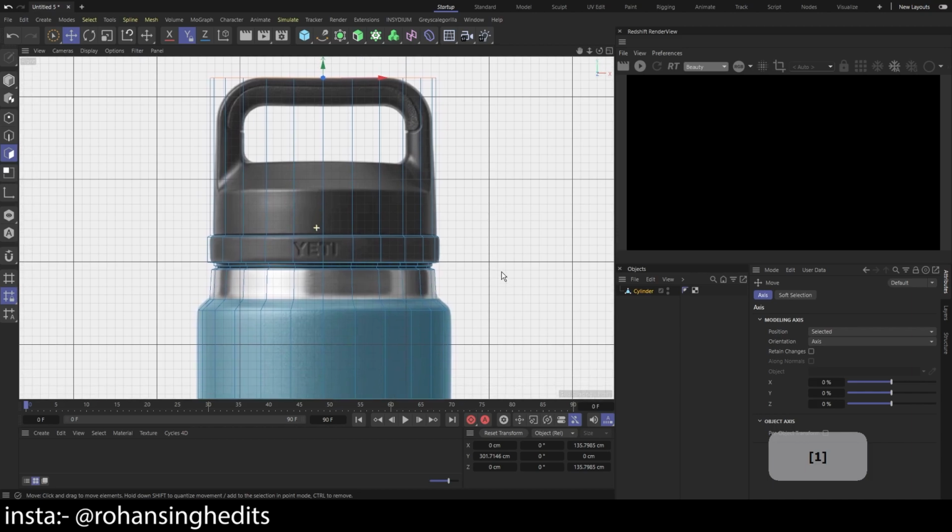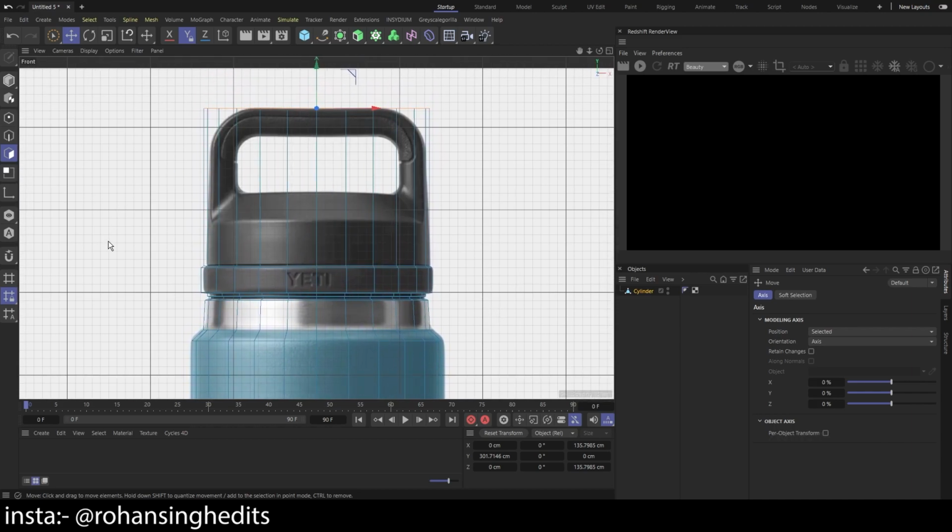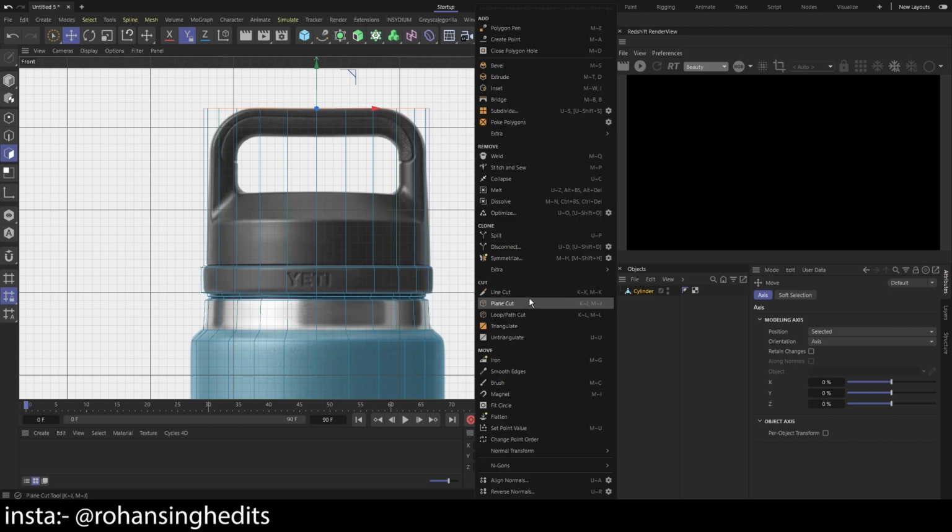Now one thing we have to keep in mind is that we don't have the side angle of this bottle right here. So what we can do is imagine how it should look in real life. Now if you have a bottle, the holder, you imagine how the holder looks. I think this should look like a small rectangle from the top. I'm just thinking because I feel like it should be like that, alright. So there's a little bit of inner extrusion right here, as you see, alright. So when the extrusion is happening at this point, we can create another cut. For doing that, as I said, let's use the loop path cut